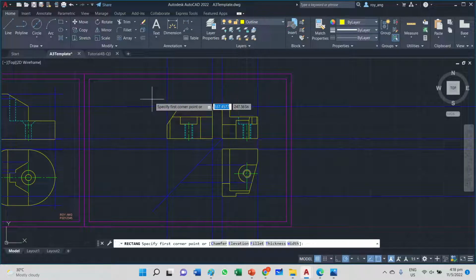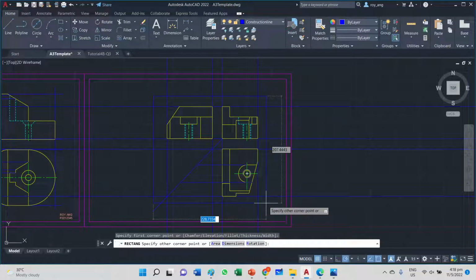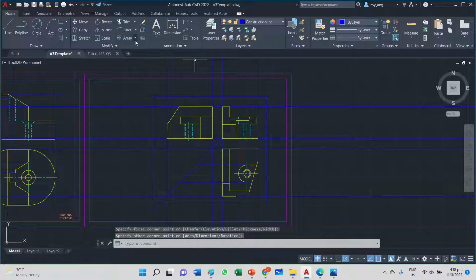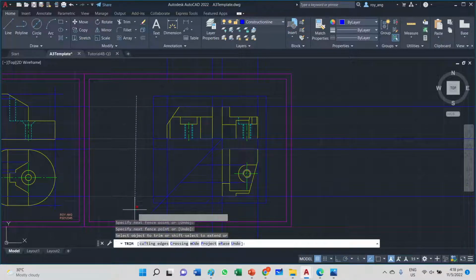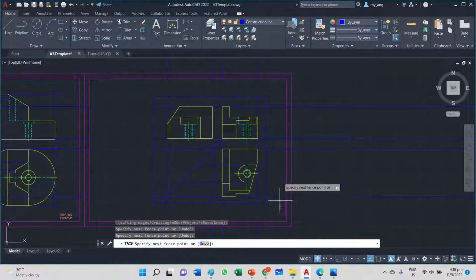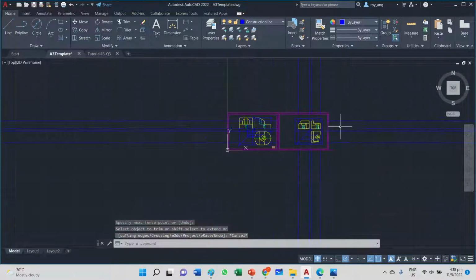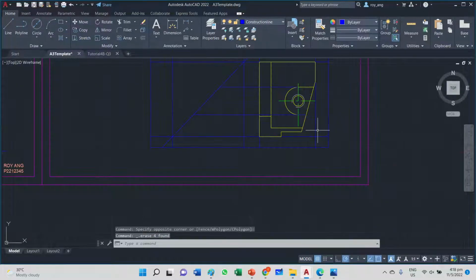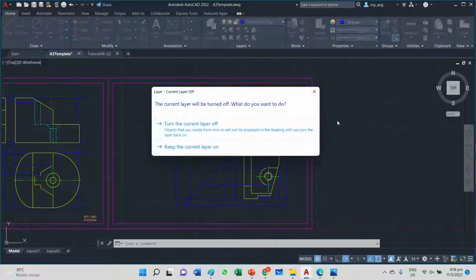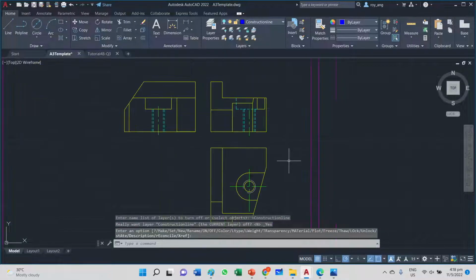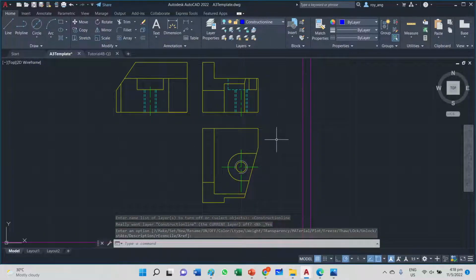So what I'll do is I will draw, I use my construction line. I'll draw another rectangle, and then I'll trim. Alright, once that's all done, I select all this. And I've got my, let me turn off the construction layer so you can see it clearer. Turn the layer off, and you can see this is the drawing